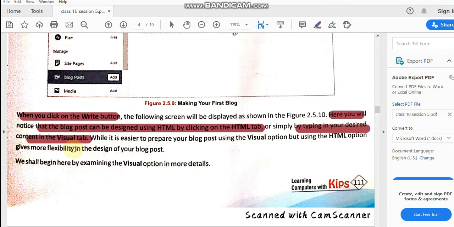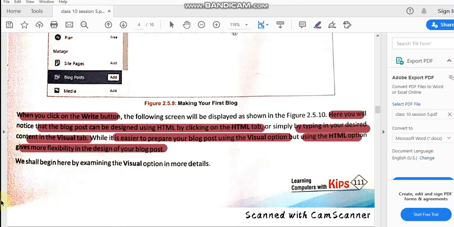HTML tab means you are creating using HTML tags, while the visual tab means you are directly typing in your desired way. While it is easier to prepare your blog post in the visual option, using HTML gives you more flexibility in the design of your blog post.